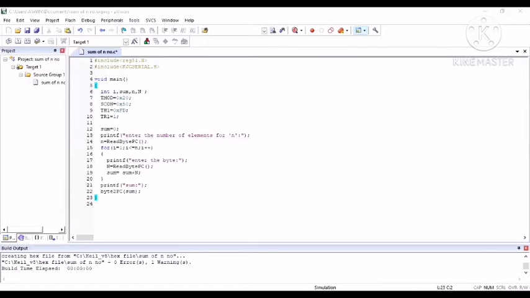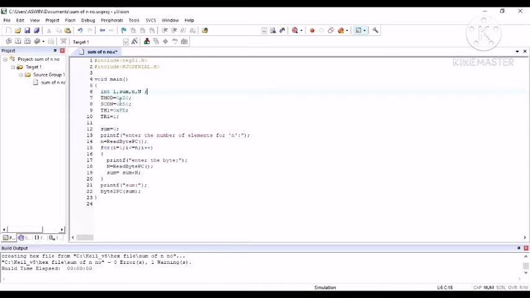So today we are going to learn about the program to add n 1 byte numbers. So coming to the programming aspect of it, we are including two header files, reg51.h and kjcserial.h. So jumping into the main program, we are initializing with variables i, sum, n and capital N, and then